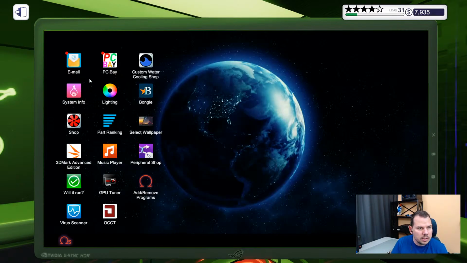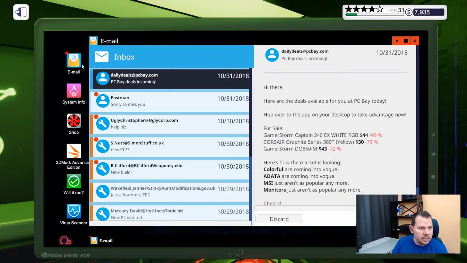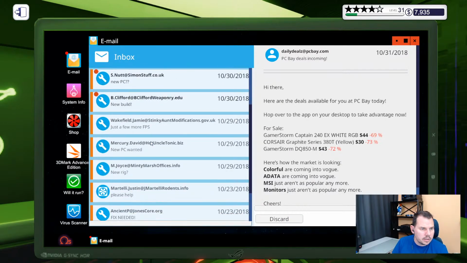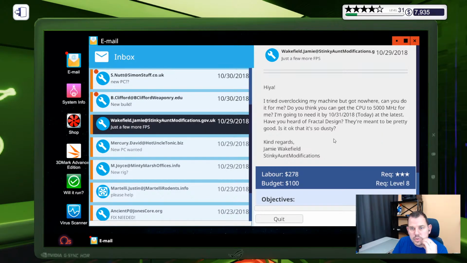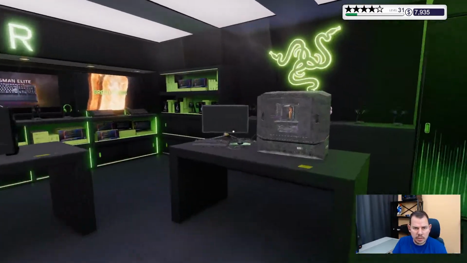So, we'll check the email. Wakefield. The only request that they have here is Fractal Design. I'm not really going to be changing any parts out in their build, so